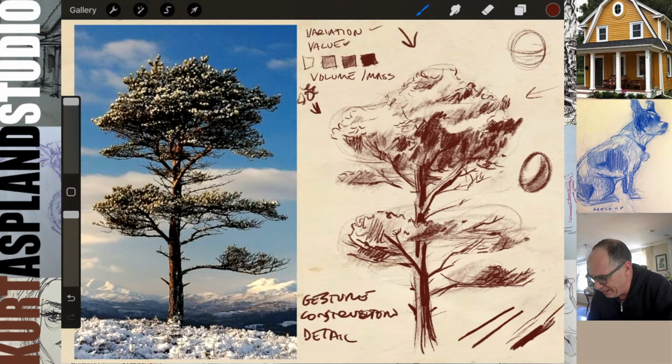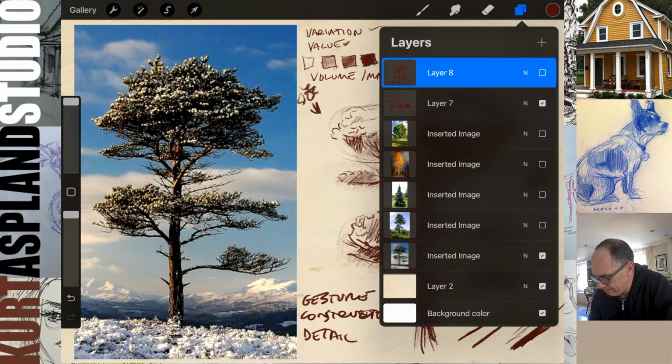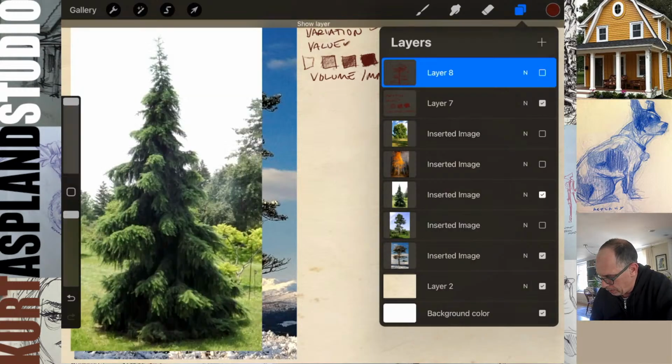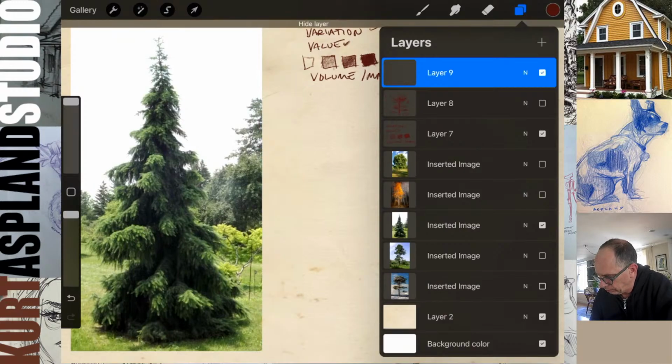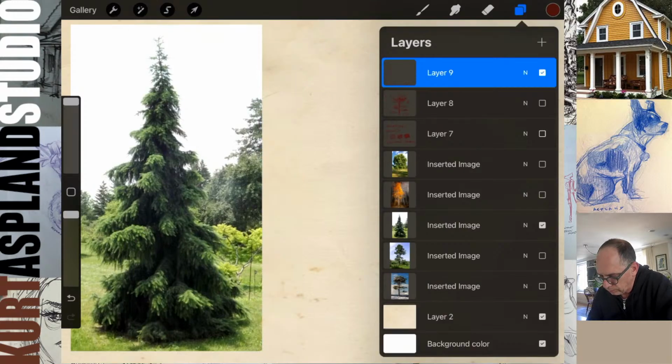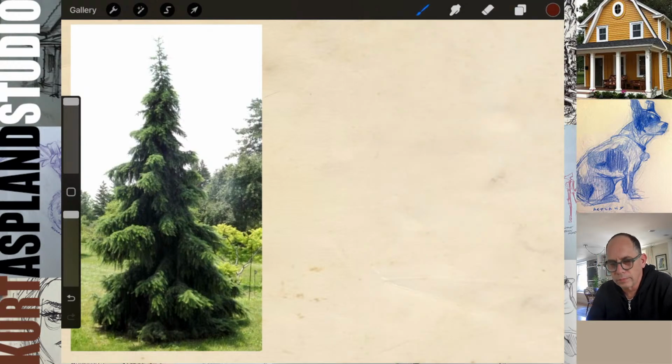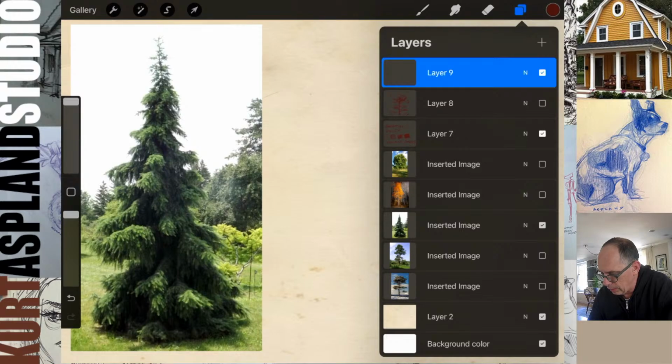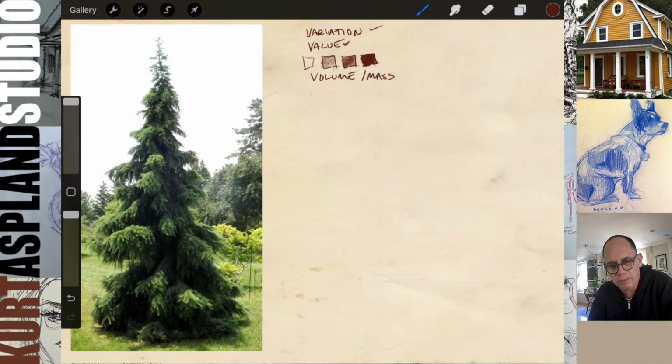Let's bring up another one now. Let's bring up this pine tree here. All right. Let's start again. Let's see here now. Let's bring that up. Variation, value, and volume or mass. All right, let's start off again with a nice